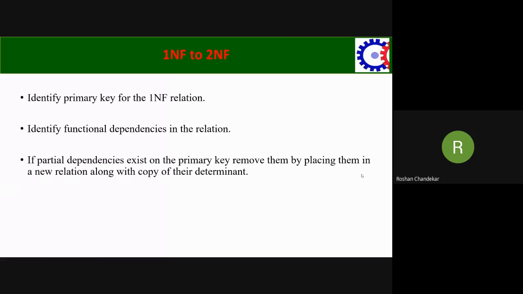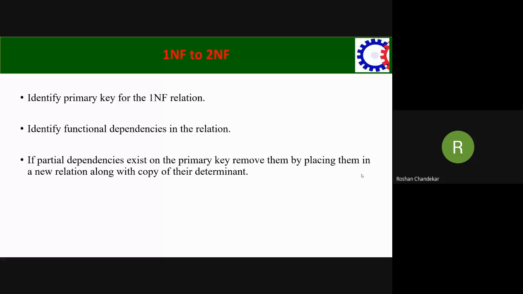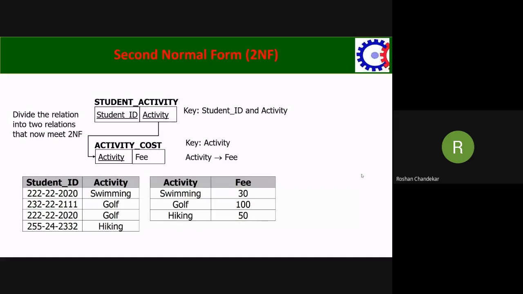Identify the primary key for the first normal form. In the previous table, we have to identify the primary key. That is student ID, which is my primary key. Yes, we can identify the primary key. Then identify the functional dependency in the relation. Now, there are three attributes in